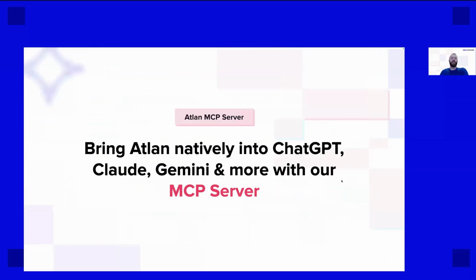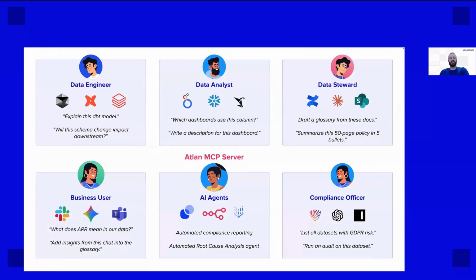And this is just the beginning. For example, you could ask the AI assistant to spin up an industry-specific glossary template if you're just starting your governance journey, or have a draft documentation for a brand new database. Ultimately, we're most excited to see the creative use cases our customers come up with. Atlan's MCP server unlocks a whole new way to work, turning an AI assistant or agent into a true teammate that helps you get real work done faster.